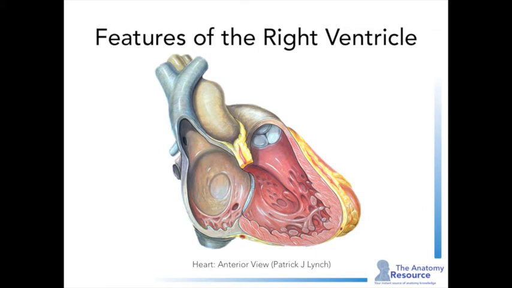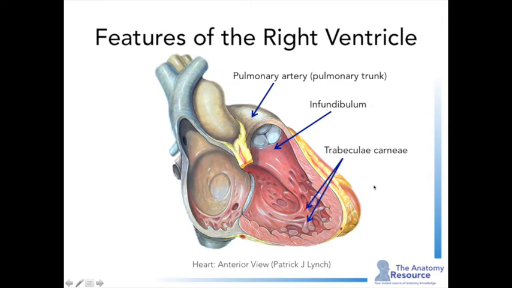Features of the right ventricle: we have the pulmonary artery. Obviously the right ventricle is going to pump blood up to the lungs, and so this is known as the pulmonary trunk, leading up to the pulmonary artery, also called the pulmonic arch. This region here is smooth. The rest of the ventricle is rough, but this region is smooth, and it's known as the infundibulum of the right ventricle. We then have that trabeculated surface, all rough, and then a particularly large band known